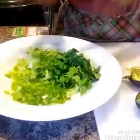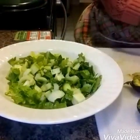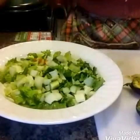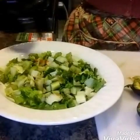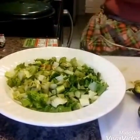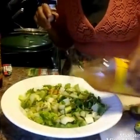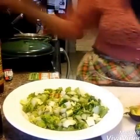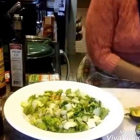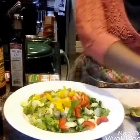And I already chopped lettuce, cucumbers, celery, and I'm gonna add a little bit of the liquid aminos and apple cider vinegar. A little bit of apple cider vinegar, some oil, red peppers, tomatoes,